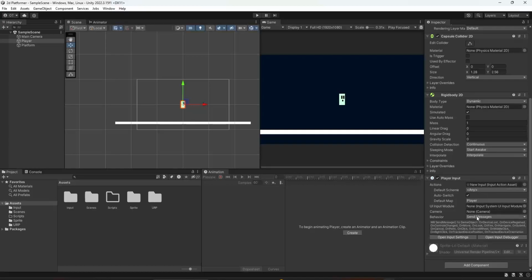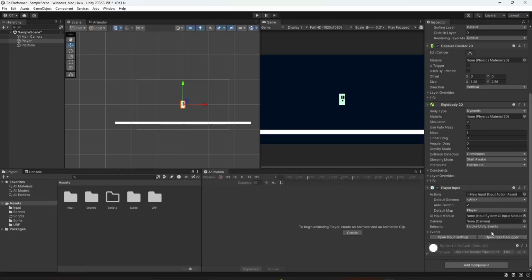First things first, let's change the behavior of our input system, and we want it to invoke Unity events. We want it to invoke Unity events. Don't make a mistake with that. Choose invoke Unity events, and then next we go to